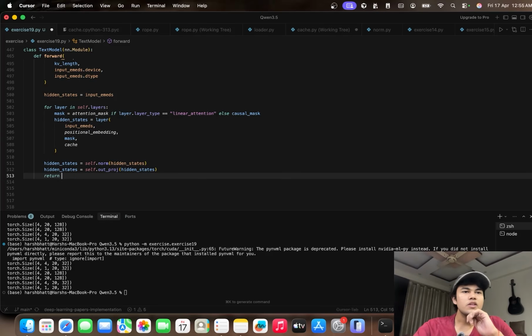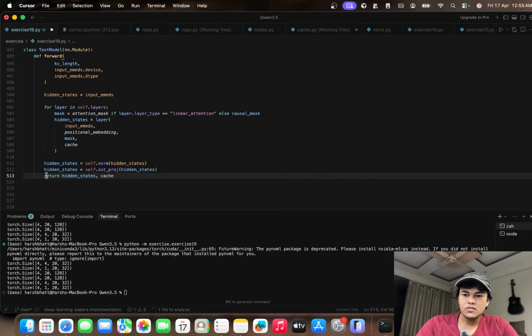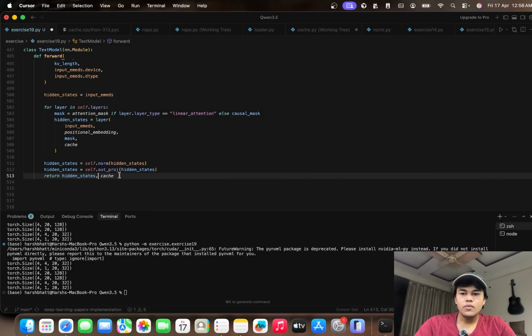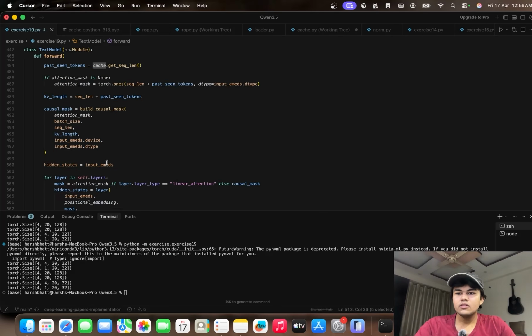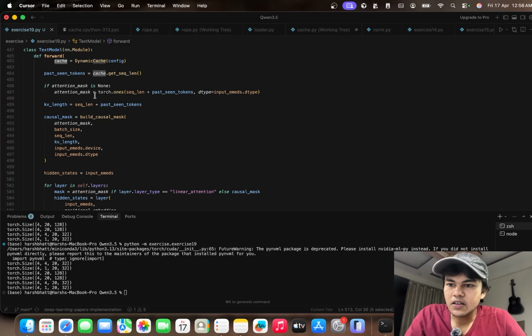So we need to return two things, because we are going to test this with the Hugging Face causal LLM class. So we will use our text model there. So we need to pass this hidden state as well as cache here. I have already implemented some causal LLM thing where it will return logits, so we will use it in a moment. So this is basically the text model, but here's one thing we have to do: